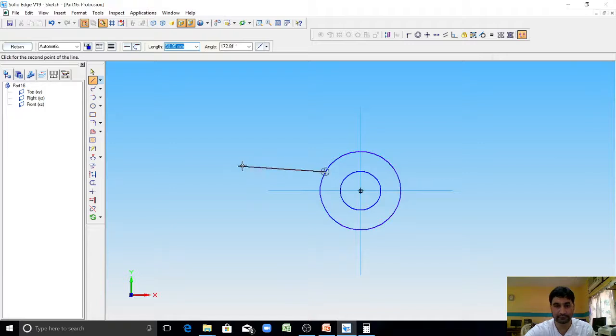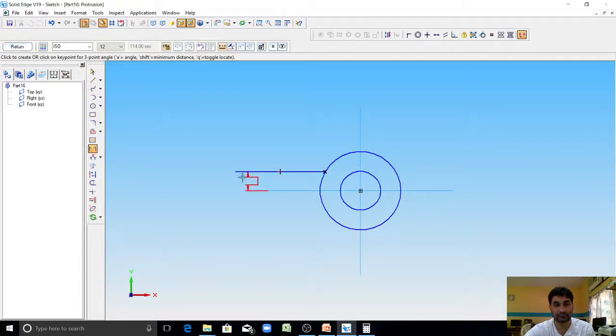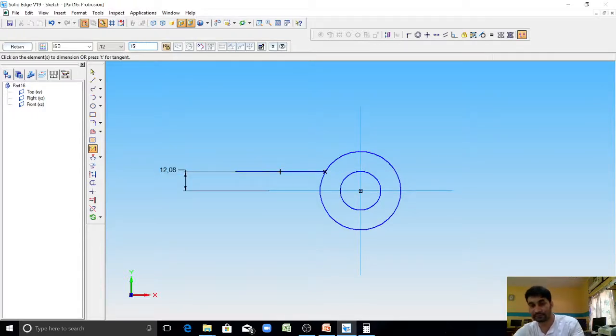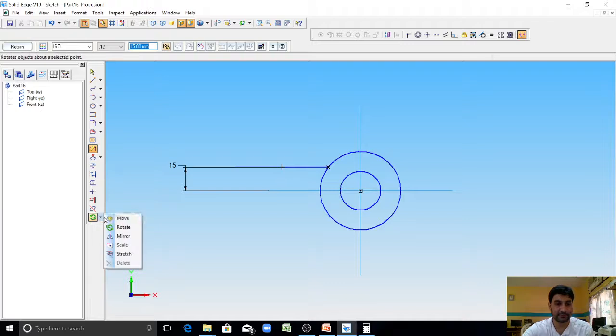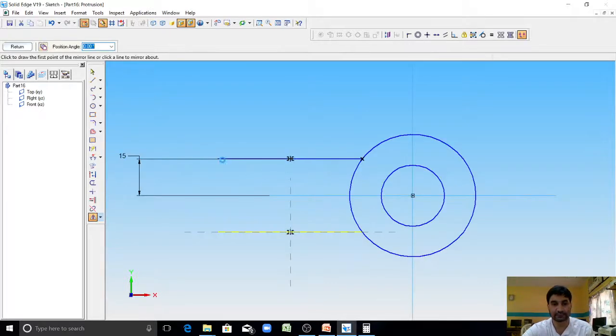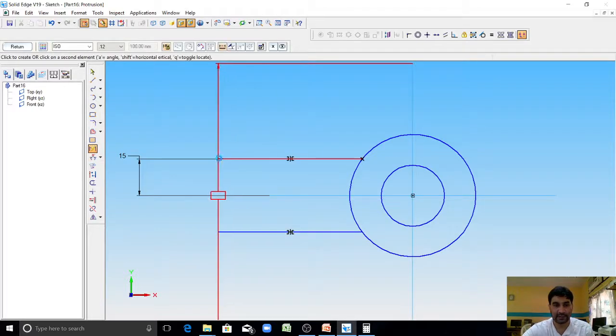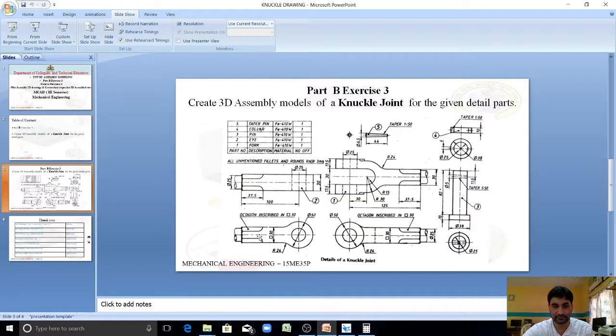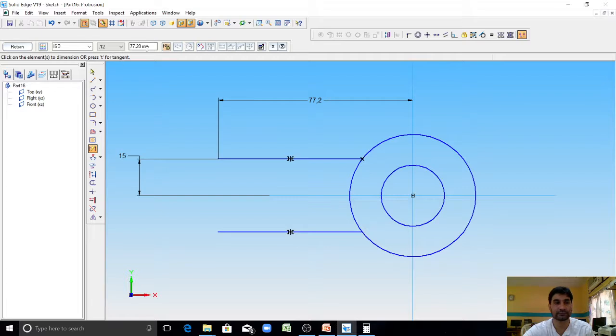So mirror this line with respect to this plane. Distance from this to this end point is 100 mm. You can see here, this is 100 mm. It has 100.